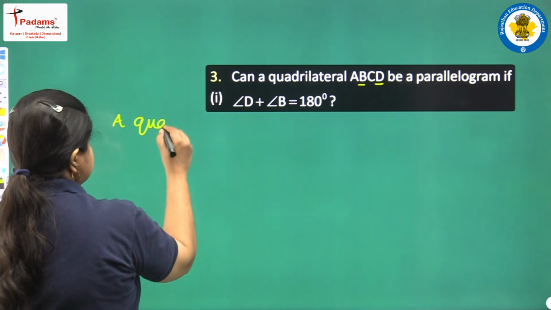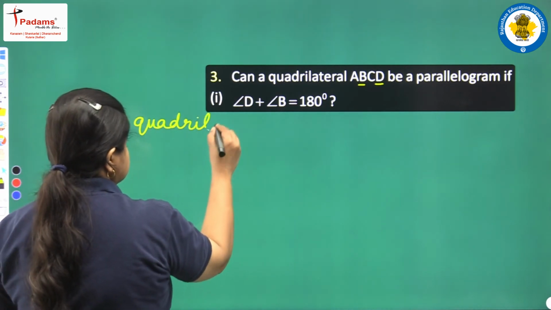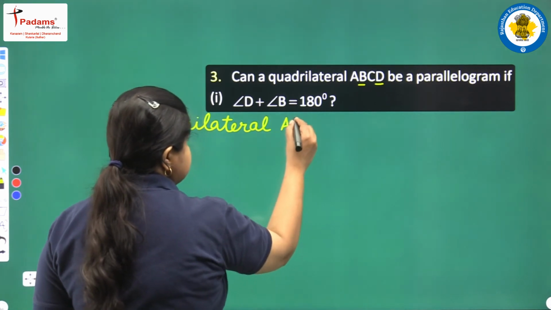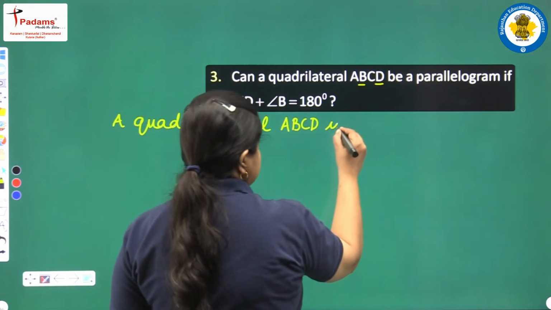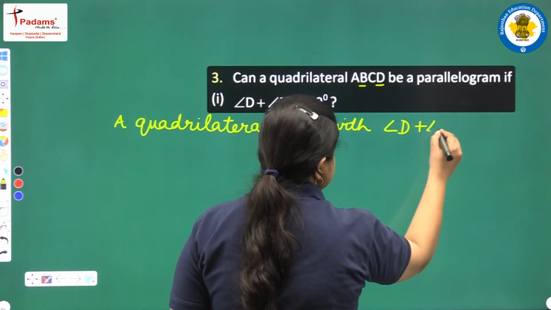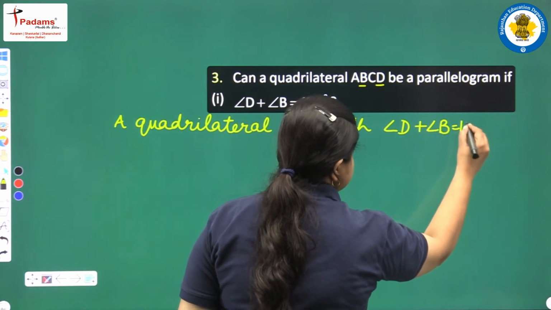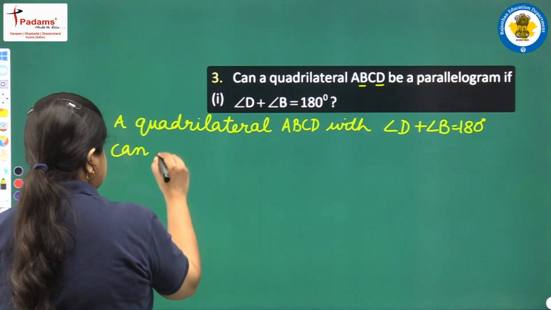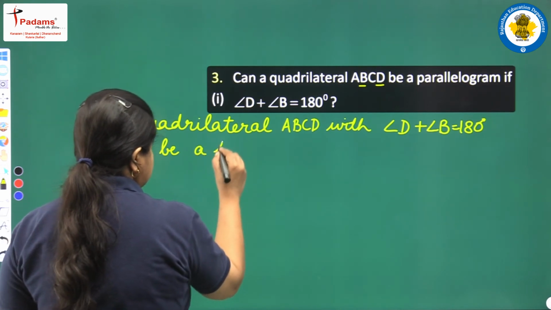A quadrilateral ABCD with angle D plus angle B equal to 180 degrees can be a parallelogram